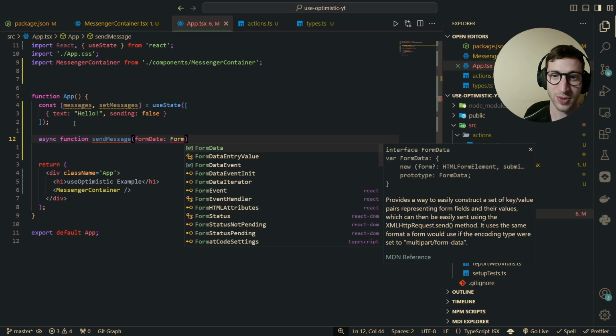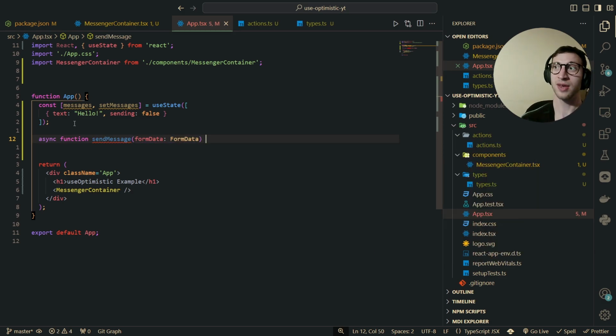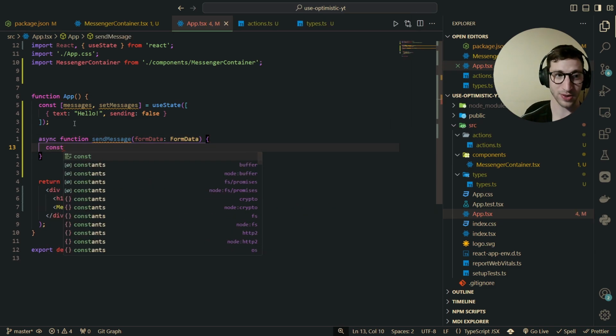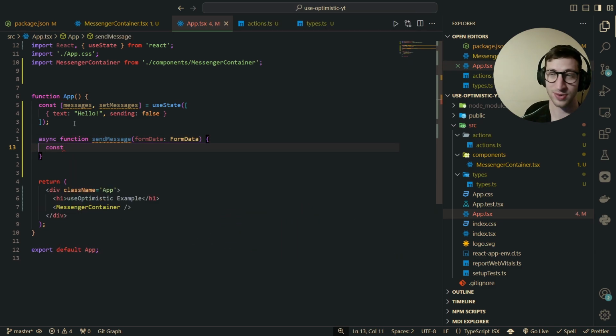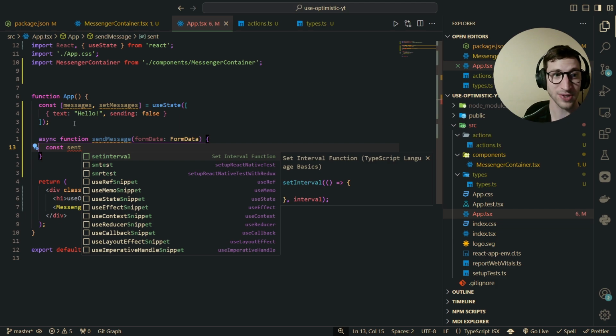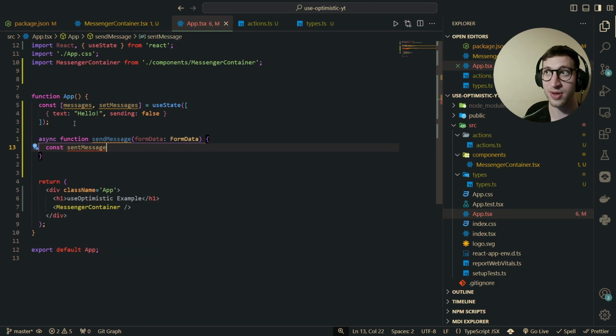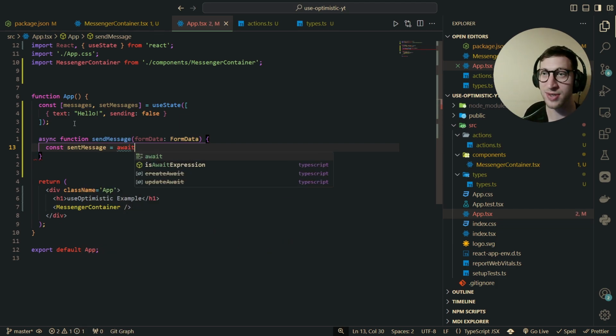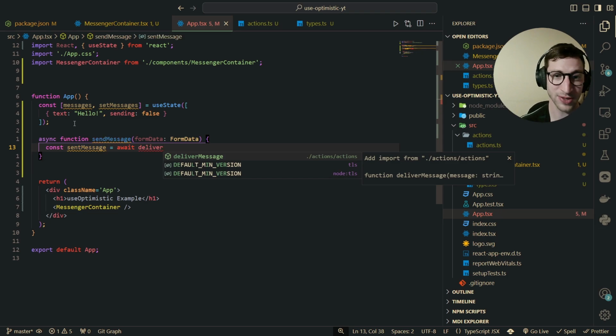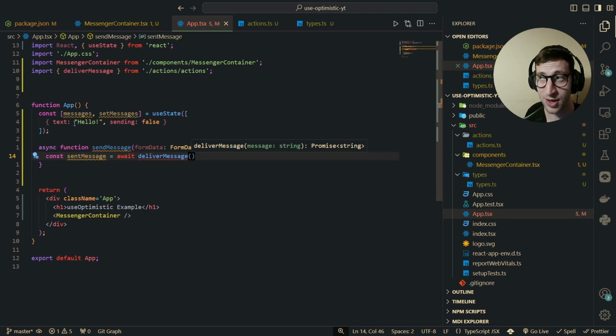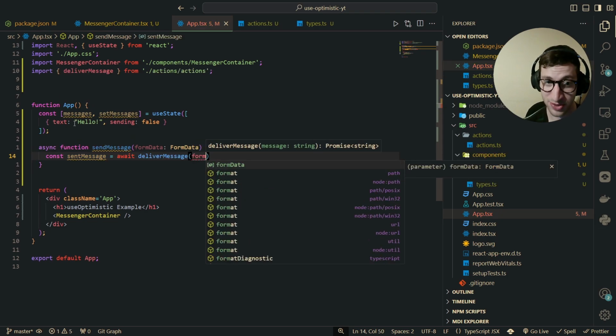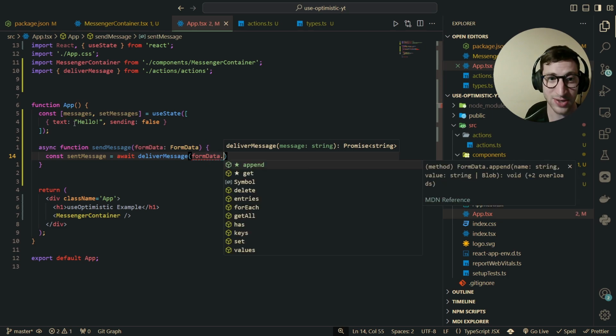I'm just going to have a type of form data. We want to actually get the message that was sent from our fake API call. So that's going to call deliver message from our actions. We're going to pass in the message, remember, so that's going to be form data.get